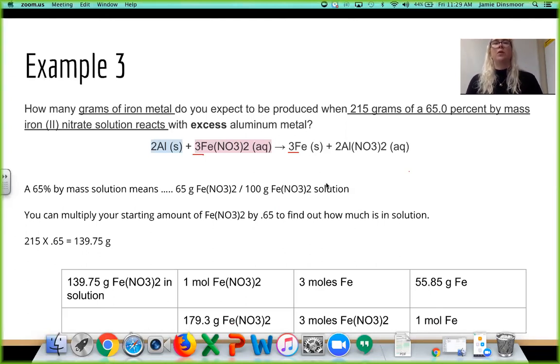So in the first or the second example we did, we actually saw that the molarity was given to us, so we could break that up into moles over liters. In this situation, we're given a percent by mass, so we can figure out what percent by mass actually goes into that solution. Then step 3 is to do the stoichiometry,